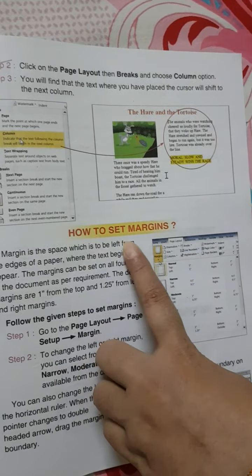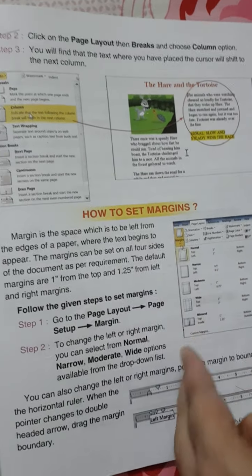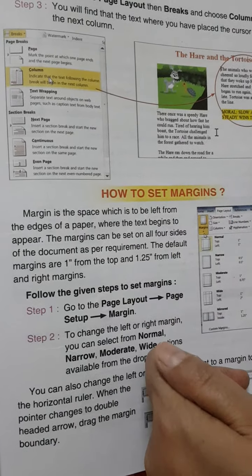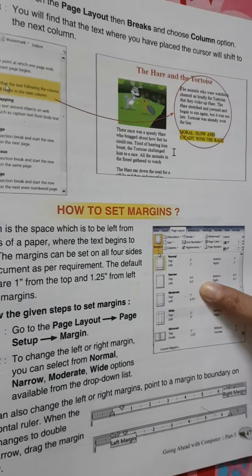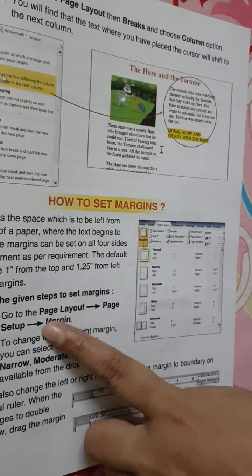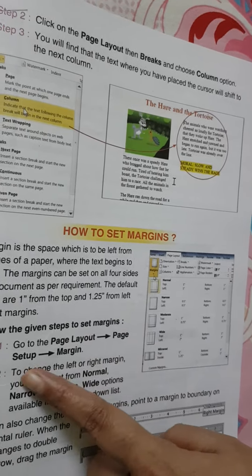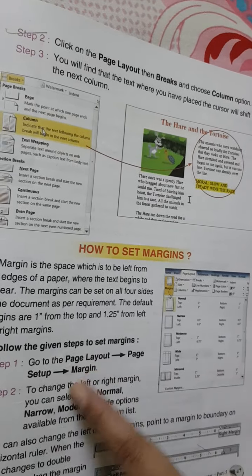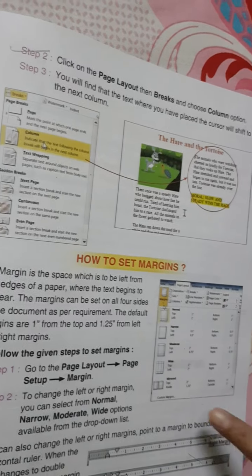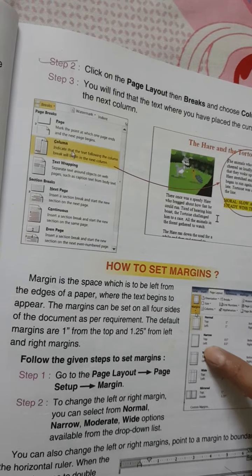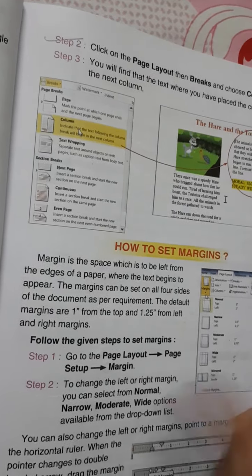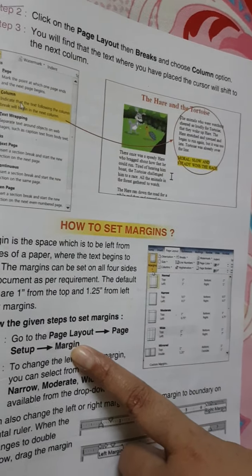Next is how to set margins. Margin is the space which we want to leave on the left, right, top and bottom of the screen. This can again be adjusted in MS Word. It comes as a part of formatting feature. For this also, again we will select the page layout option, in that page setup, and then margin. Then we will select the margin whatever we want to leave. This kind of a dialog box will appear. From this, we can adjust top, bottom, left, right margins, and once we are satisfied, we can click outside this, and accordingly the text will appear on the screen.